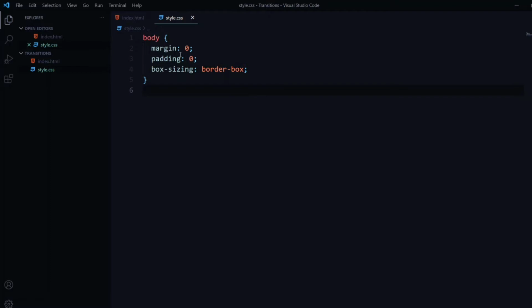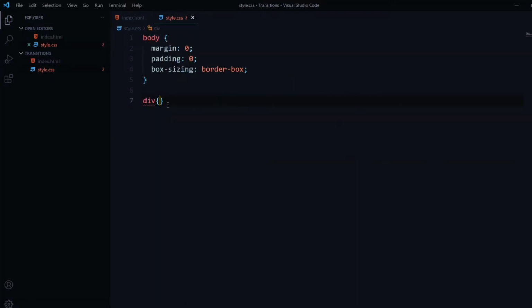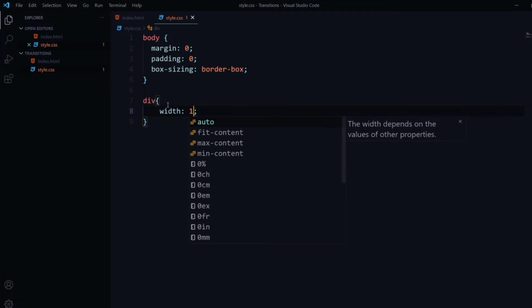Okay, now let's style these divs. I'm going to have two divs because I want to show you the difference when you apply styling and when you don't. So I'm going to style the divs commonly, because we'll have the same style for both divs. I'll give them a width of 10 rem